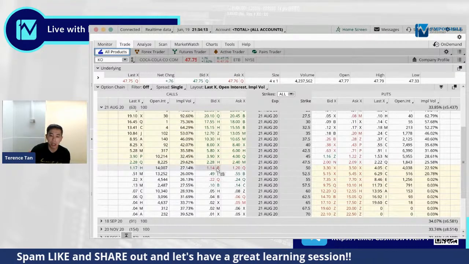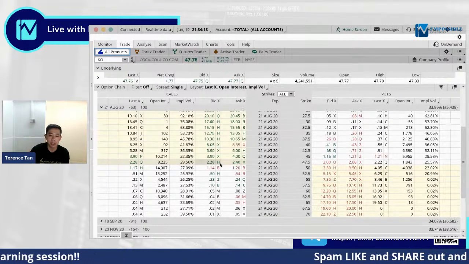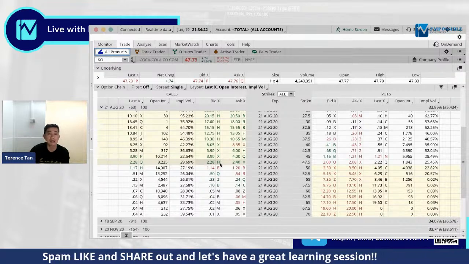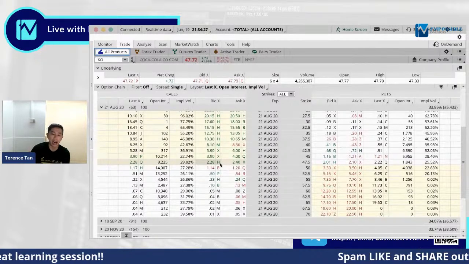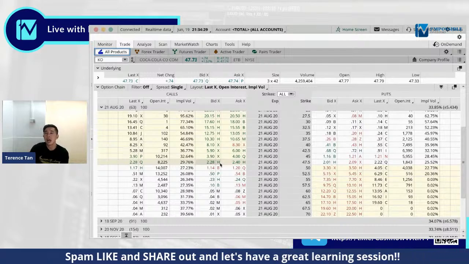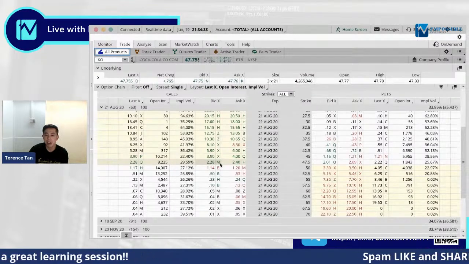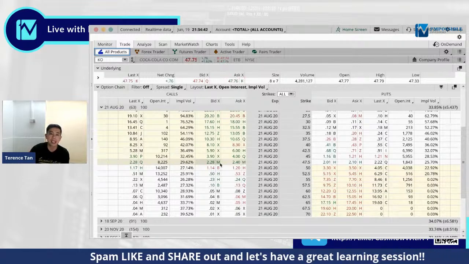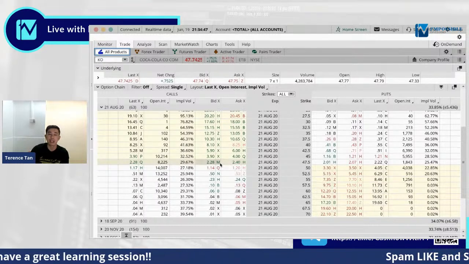Right now, if he bought it today for $2.30, let's say, and he's right, he got it spot on. Coca-Cola goes all the way back to $60, which could happen if we have the S&P going all the way back up to 3,400 levels. That could have dragged Coca-Cola all the way back up as well. So if that happens, Uncle Fu will end up making a profit of $10 on this option trade, and that's a 400% return. But he has to decide, is he willing to risk half of the profits that he made so far in the event that he's wrong?